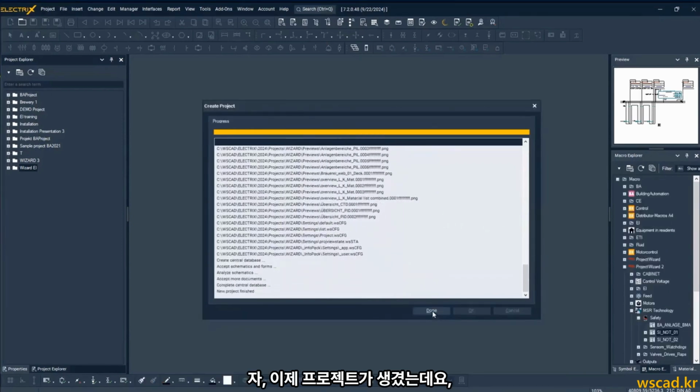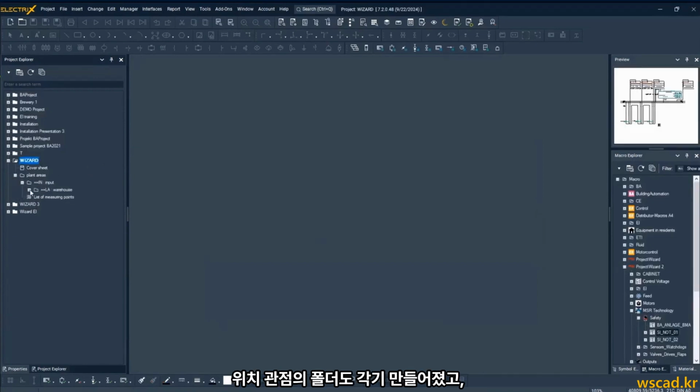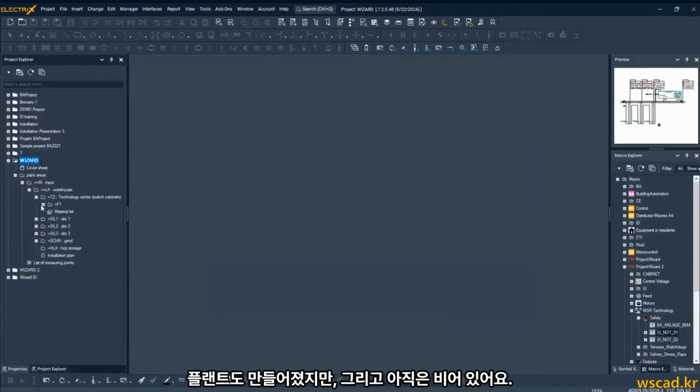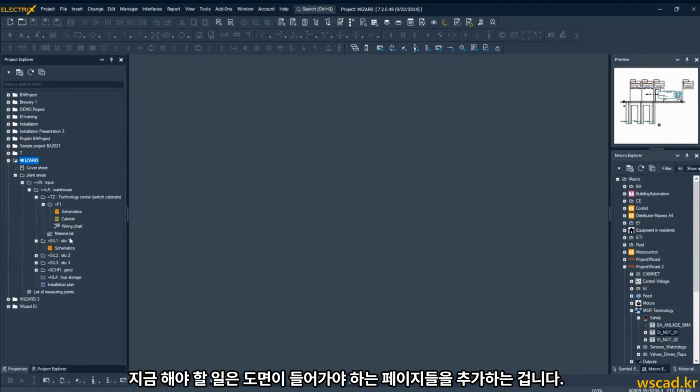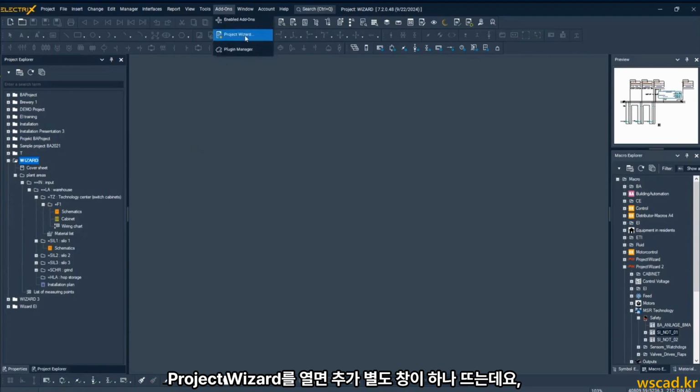So this is it. And now here we have this project with different location, different plants, and everything is empty. So what we have to do right now is just insert some pages with schematics and so on. And in this case, we will use project wizard. So we can open this project wizard,